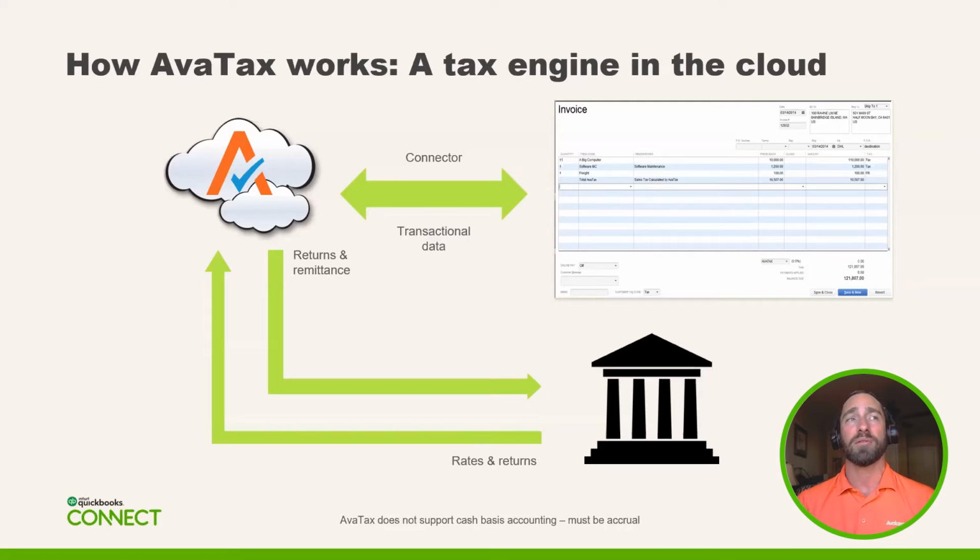But you need to be thinking about what does Avalara and what does Avatax do? So we are going to determine the proper amount of sales tax, so city, state, county, any special taxes that are applicable. We do rooftop level calculations, which is very important. And then we can also file the sales tax returns and remit the payments on your behalf. You'll see on the very bottom of the screen here, Avatax doesn't support cash-based accounting. We do require companies to be on an accrual basis for sales tax purposes in order to leverage our end-to-end automated solution.